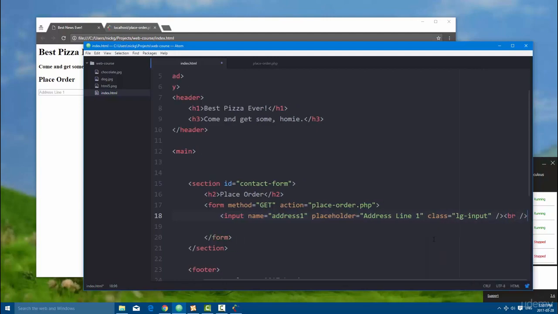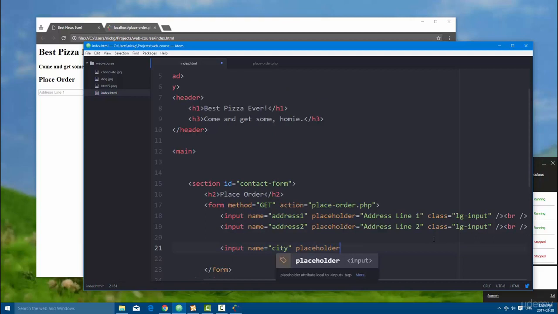So I'm going to do a line break here, and I'm going to create another input, and this is going to be address2. Placeholder is going to be address line 2, and again the class is going to be large input, and then we're going to put a line break. Now we're going to create a city state inputs. So input name city, and the placeholder is going to be city,